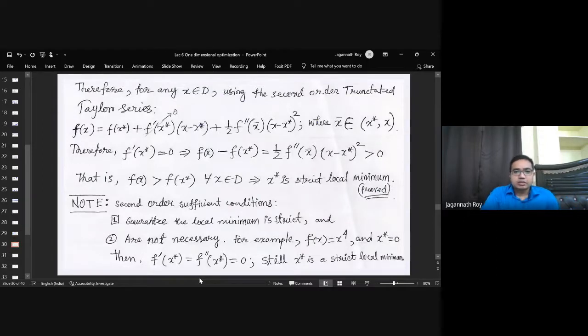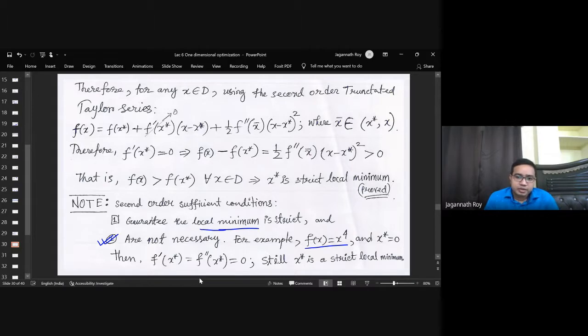Okay. So the second order conditions only guarantee a strict local minimum, but they are not necessary. Remember, they are not necessary. But if you think about this problem,